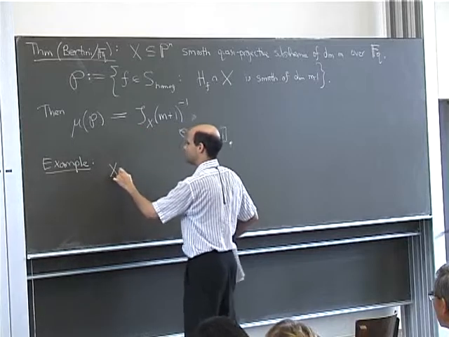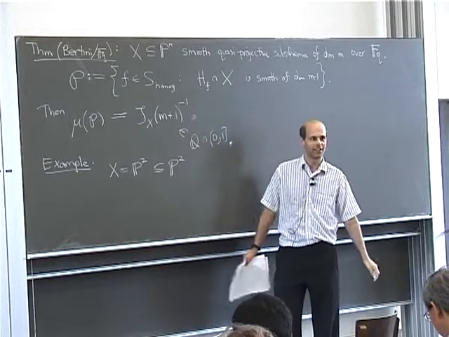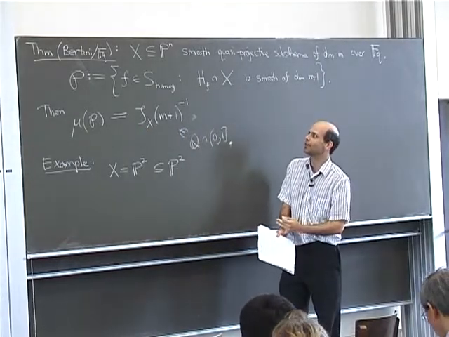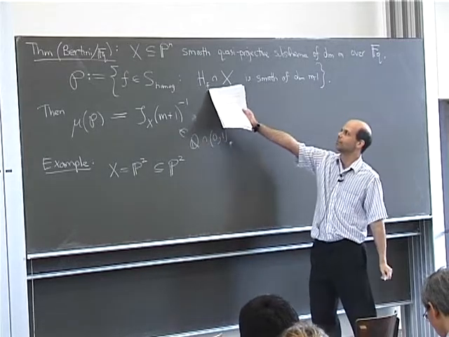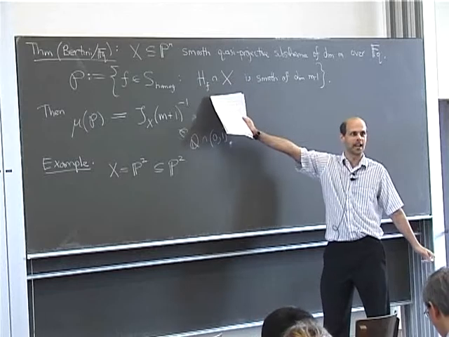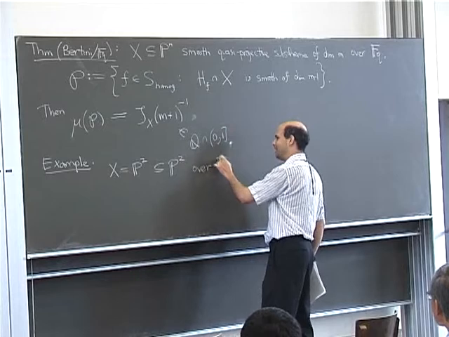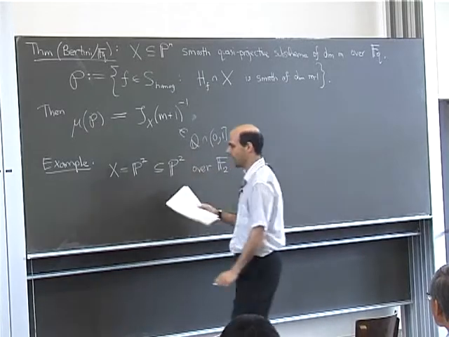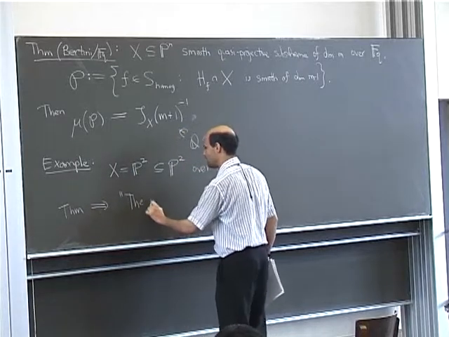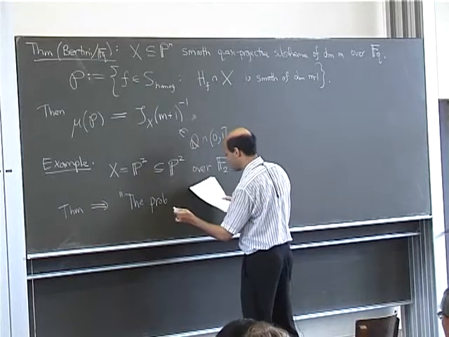Suppose you take x equal to P2, embedded in P2. So x is all of P2. So what is this theorem saying now? If I take P2, a hypersurface is now a plane curve, and I'm intersecting it with the whole space, so I'm just getting that plane curve. In fact, let me do this over F2. So this theorem is essentially saying that if you take a plane curve at random over F2 of high degree, then the probability